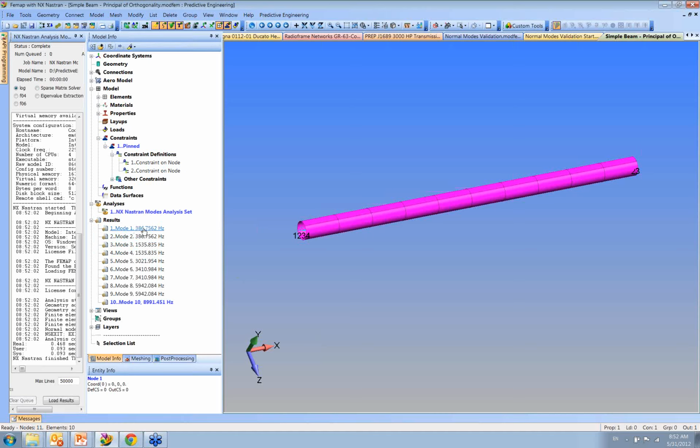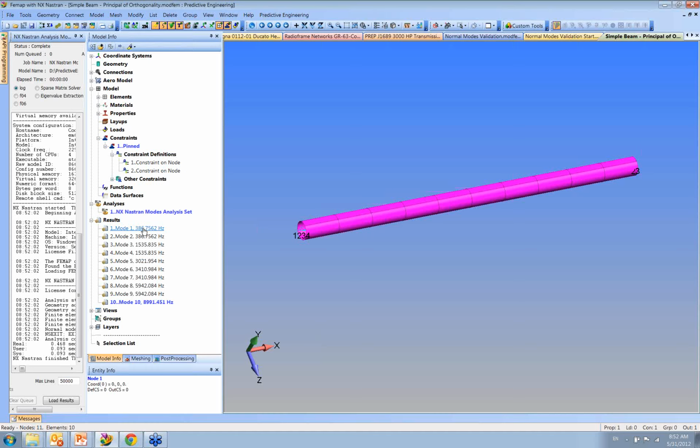Now we're at 386. So this is just standard practice. If you have rigid body motion in your structure, all systems, all structures have 6 degrees of freedom. Think of it like a satellite in space, that it can translate in 3 degrees of freedom, and it can rotate in 3 degrees of freedom. And when you do a normal modes analysis, all your unconstrained mechanisms, rigid body motions, will have near zero frequencies.